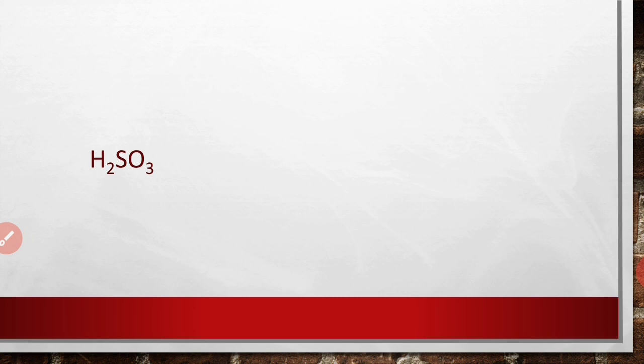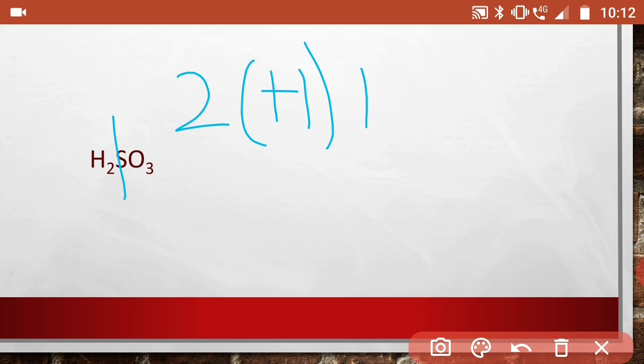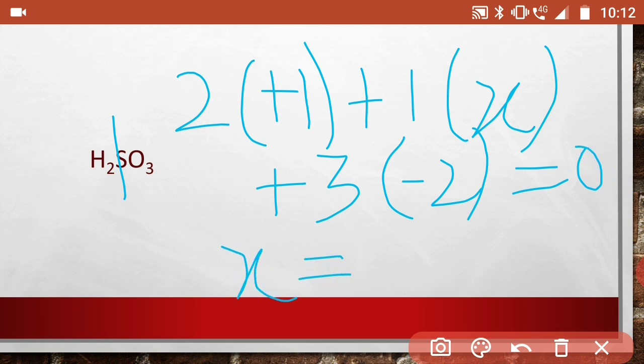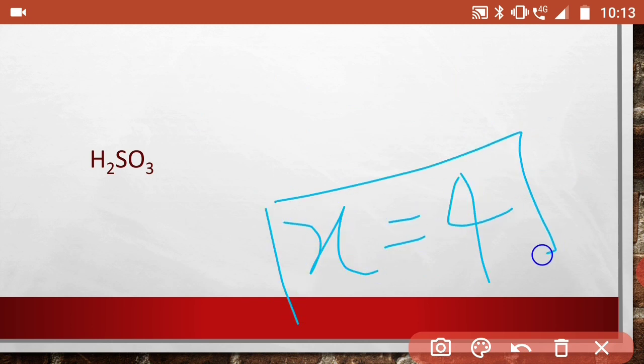In the sulfurous acid we have to calculate the oxidation state of sulfur. So number of hydrogen is 2, oxidation state is +1, number of sulfur is 1, and oxidation state of sulfur we don't know, and the number of oxygen is 3, oxidation state of oxygen is -2, and overall charge is 0. Then sulfur has oxidation state 4. Okay,